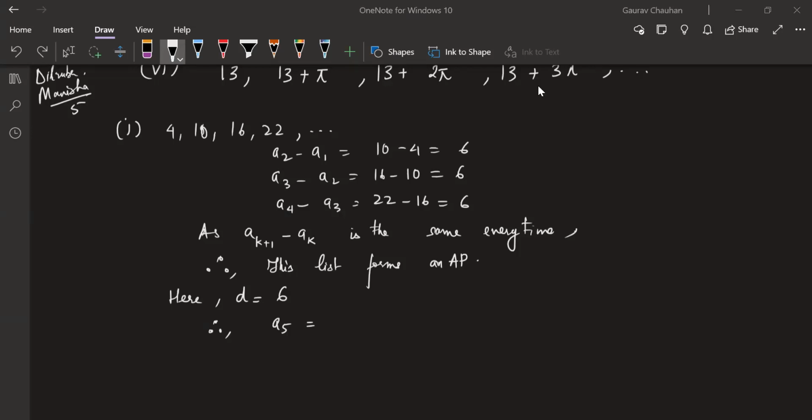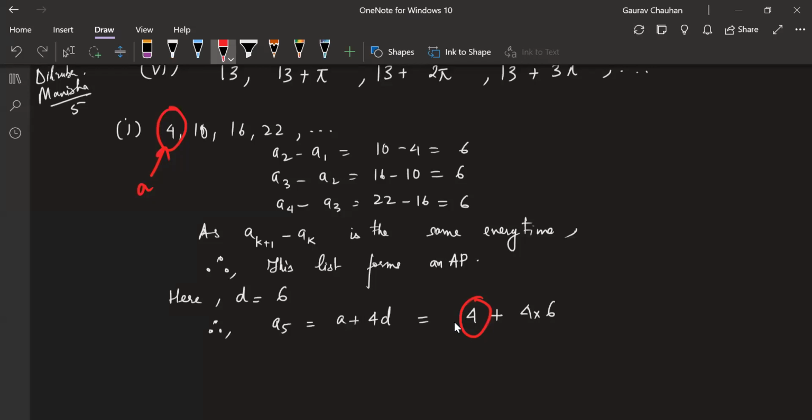Sir, A plus 4D. A plus 4D, definitely you can do that. Is there any other way you can find? Okay, tell me, complete this first. A plus 4D will be how much? What can you write here? This is the formula, no? Find the final number. Yes, sir, 4 plus 4 into 6. Correct. This first 4 is coming from where? Sir, from the question. A is the first term.